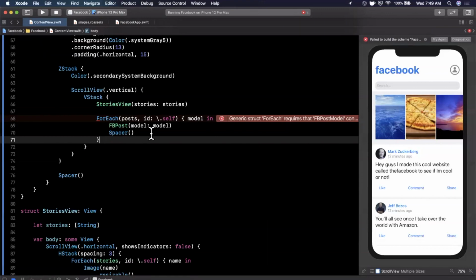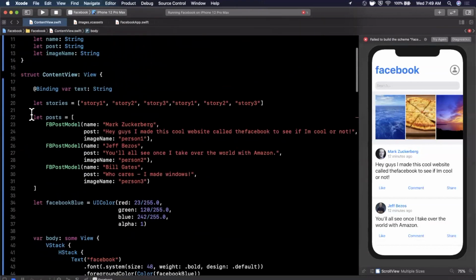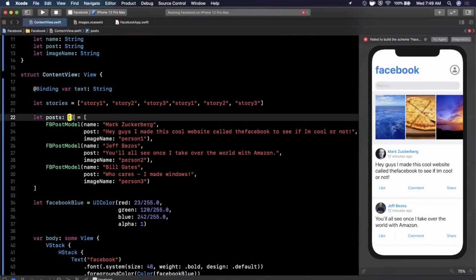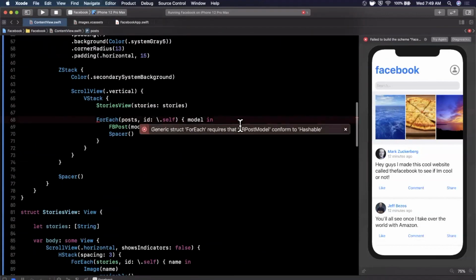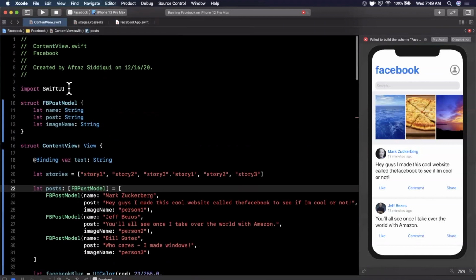So let's see, this is posts. Let's see what we assigned it to. We need to assign this to an array of the model. It should be the array already. So let's see what's going on here. So it probably wants the model to be identifiable or hashable. So we can go ahead and